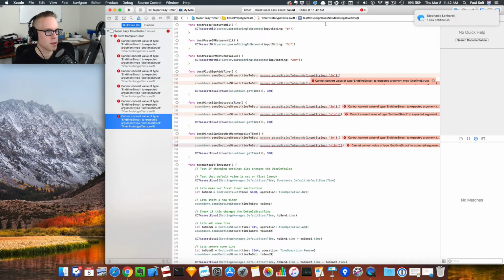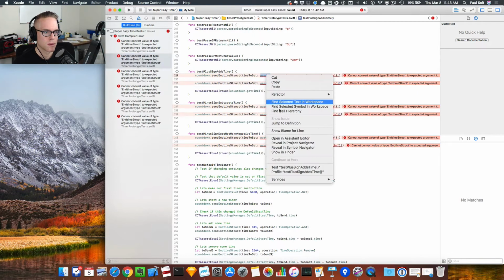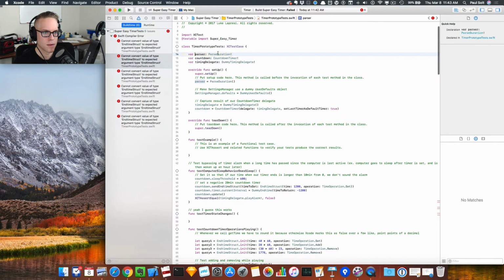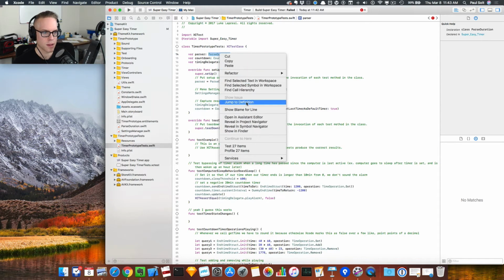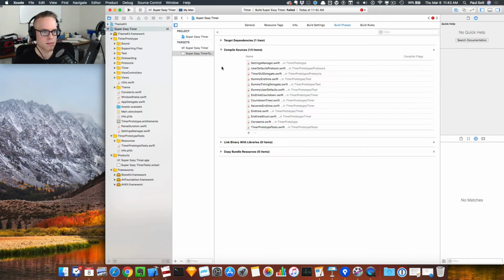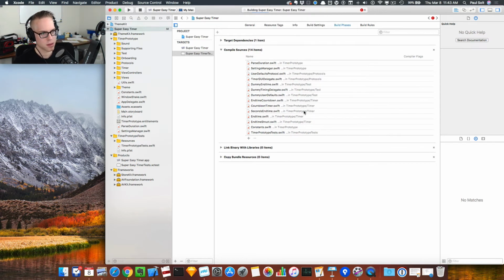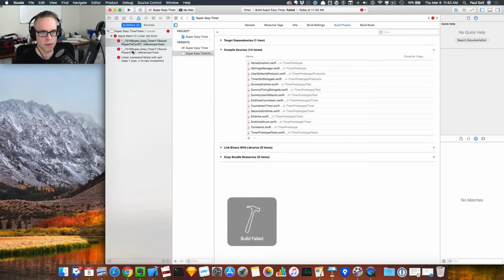I'm wondering if we're missing the parser. Not exactly sure what's going on here. Parse duration. So let's see where this is defined. Class parse duration. Let's see if that's been added. I don't see it in the list. So let's find parse duration. I'm not trying to add everything because some of this is UI related, and right now I don't want to test all of that. I want to focus this on